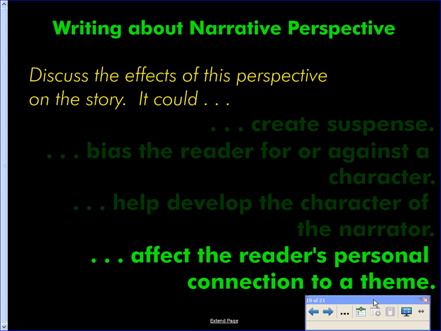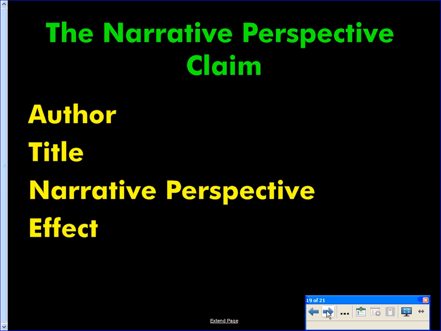And we have discussed theme. We discussed theme last week, and this is one of the more complex, but as you develop themes, you might start to realize that the author's selection of a specific narrative perspective helps them carry that theme more clearly. So you might consider how the author has decided to give you a perspective that helps emphasize the theme, emphasize your connection to a certain plot event, perhaps, that develops the theme more clearly.